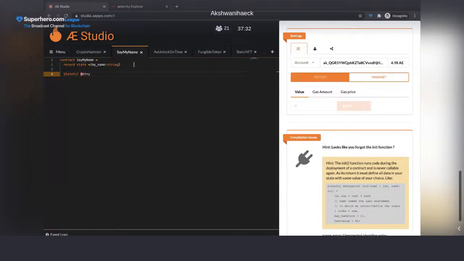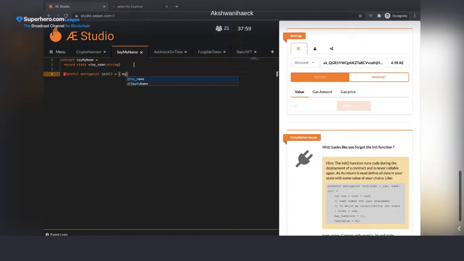So entry point, I will work with a stateful entry point that is special for initializing. You can work with variables if you want to init a contract with default values or with variables that you want to pass through. But in our case, we will just work without any parameter.